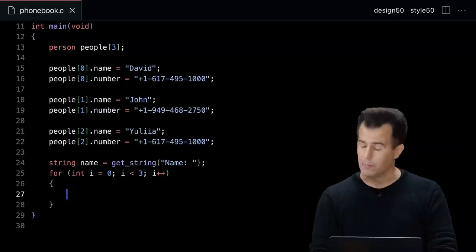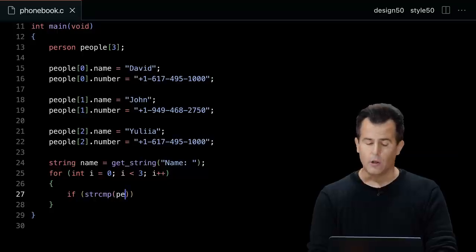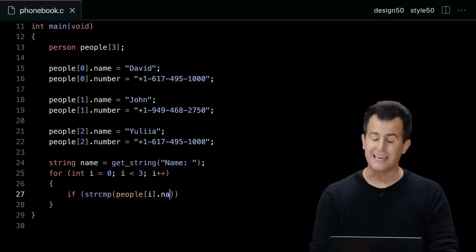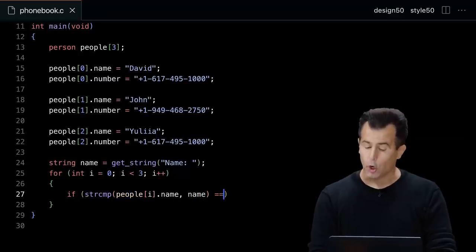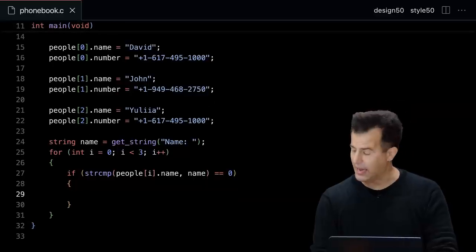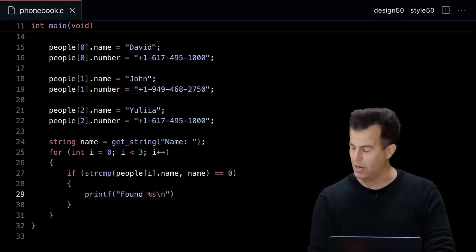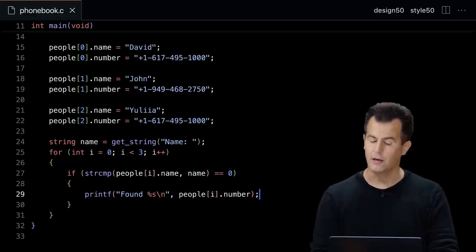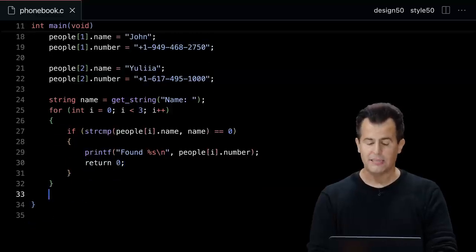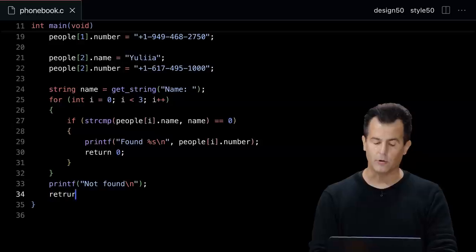Inside of the for loop now, same as before, if the return value of strcmp, passing in the current person's name and the name that the human just typed in, returns a value of 0, then inside of that, let's go ahead and print out "found %s\n" and plug in people bracket i, but I want to see their number, so I do dot number instead. Now I can return 0 for success. Down here, I can print out "not found" to indicate failure. And down here, I will return 1.